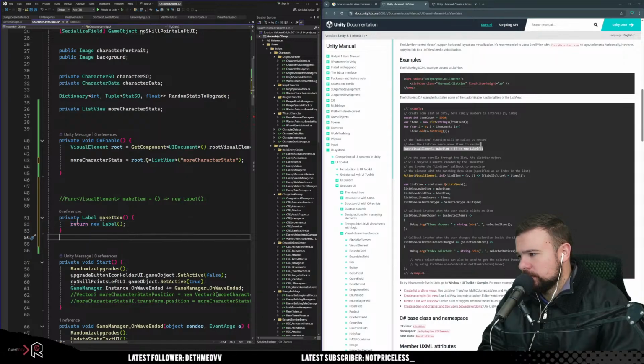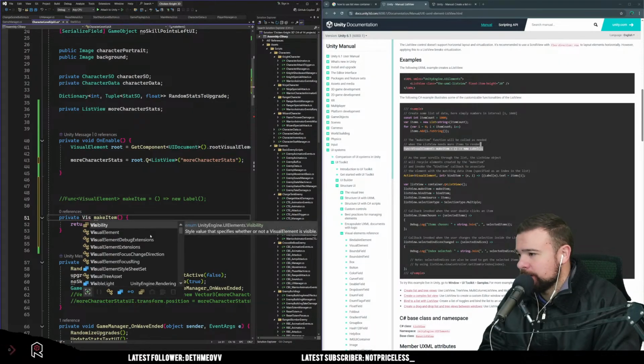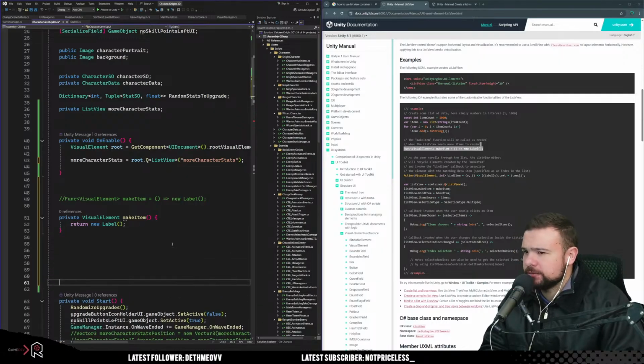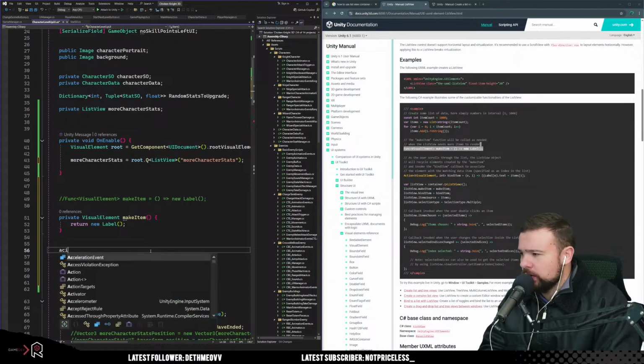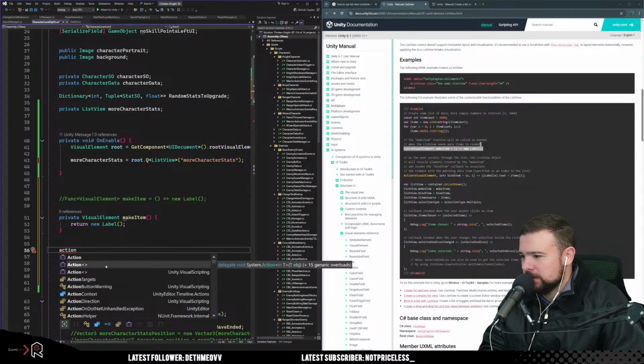So now I have a function that returns a label. This one returns a visual element. So I don't know if that is maybe better. If I make it return a visual element, and label is a type of visual element, right? I'm going to try this. I'm just going to see, because I also don't know the action. What is action? Delegate void system.action. Like, this must be...